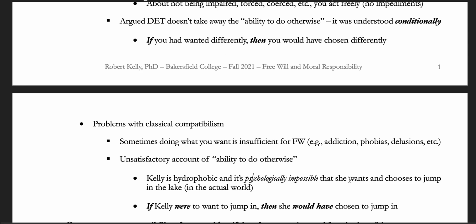She might even say, like, man, I wish I wanted to get in that lake. I kind of want to get in the lake. Maybe she can't even do that, right? The point is just imagine that it's psychologically impossible for her to want to jump in the lake and to choose to jump in the lake because she's so hydrophobic, right? Well,